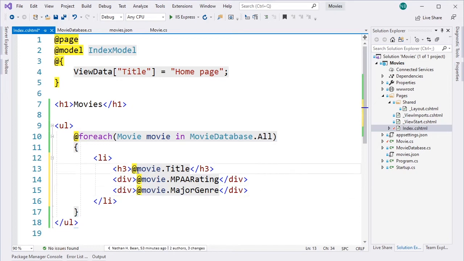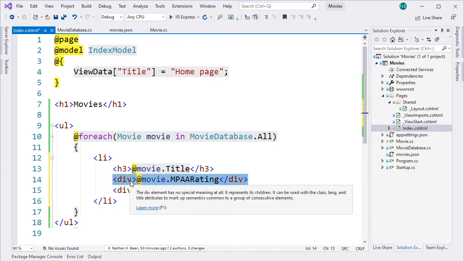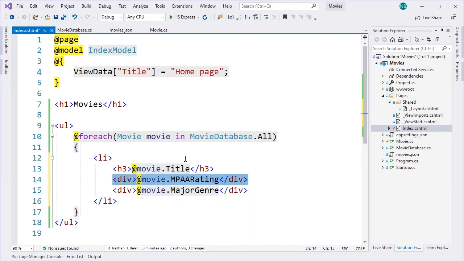Now notice here that I'm putting these inside a div. All a div means is a division of the page. So we could use a paragraph tag or really any tag we wanted, but div by default really doesn't come with any special styling. It's just a block level element, so this is very commonly used for this sort of thing. So this is going to stack our title on top of our MPA rating on top of our major